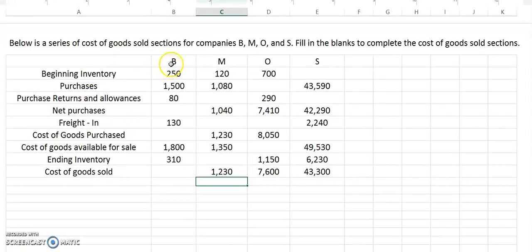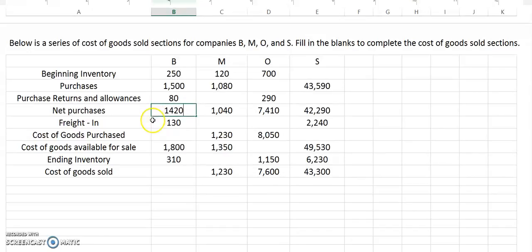Here we have companies B, M, O, and S. We are asked to fill in the blanks and complete the cost of goods sold sections. First, let's look at company B. We have a beginning inventory of $250 with purchases of $1,500 and purchase returns and allowances of $80. Now to find the net purchases, we need to subtract the purchase returns and allowances from the purchases, giving us a total of